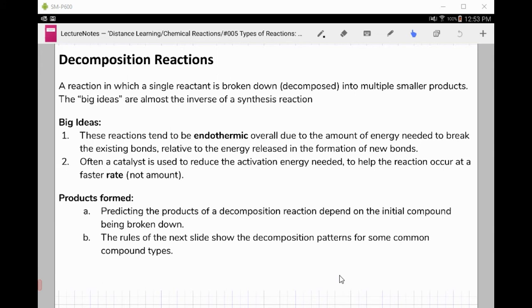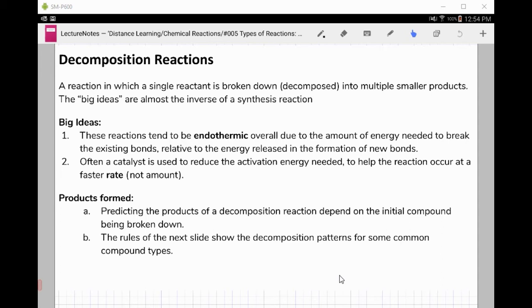In a decomposition reaction, we have a single reactant that's going to be breaking down into a bunch of smaller products. Now, the same way a synthesis reaction was almost always exothermic because of all those bonds being formed as we make this larger compound, here we tend to have a lot of bonds being broken apart. So generally, these reactions end up being endothermic overall